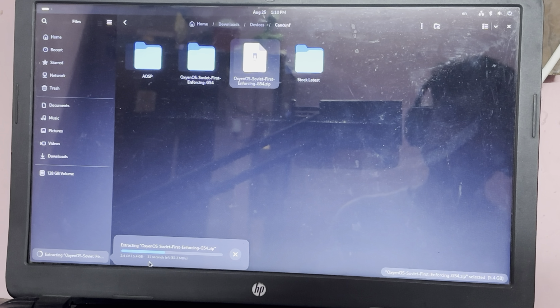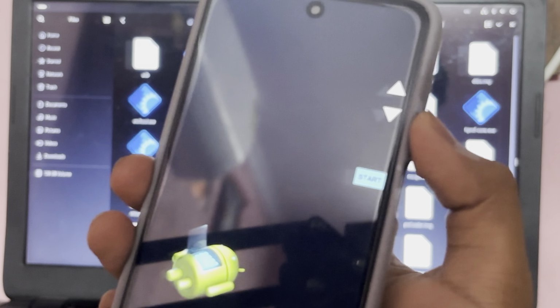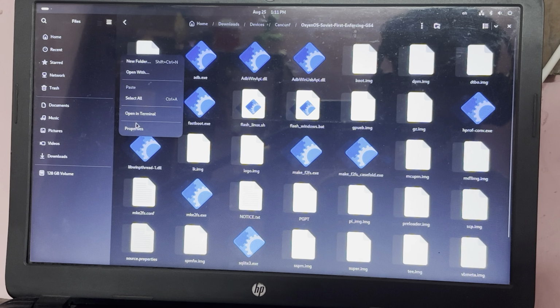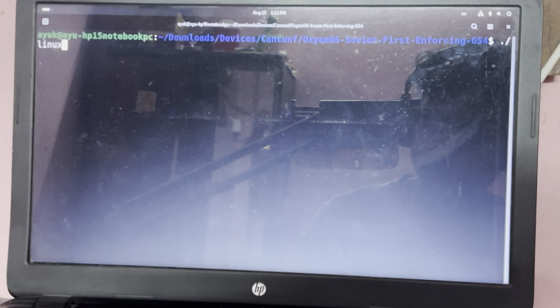I will provide the link in the description for the ROM, and you don't need any extra recovery. You just need to extract the ROM. And after the extraction is done, you can go to the folder of the ROM and then you can run the flash.sh file, or basically the Linux flash file. The Windows flasher, or basically the bat file, is also available. You can run any of these, depending on your operating system, and make sure that your phone is in bootloader